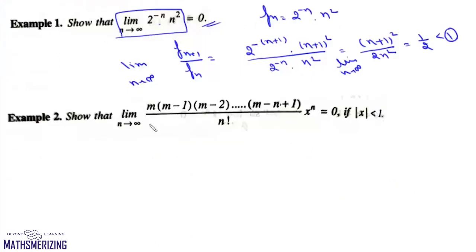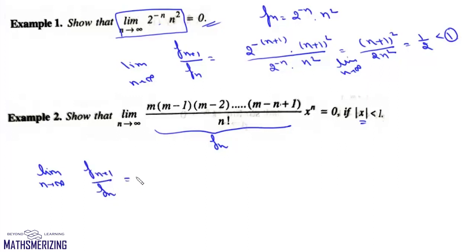And this is how we prove such questions. Now here the question is, show that this limit n tends to infinity, (m minus 1)(m minus 2) up to (m minus n plus 1) upon factorial n into x to the power n is equal to 0 if mod x is less than 1. Now suppose this is f_n. We'll find this limit n tends to infinity f_{n+1}